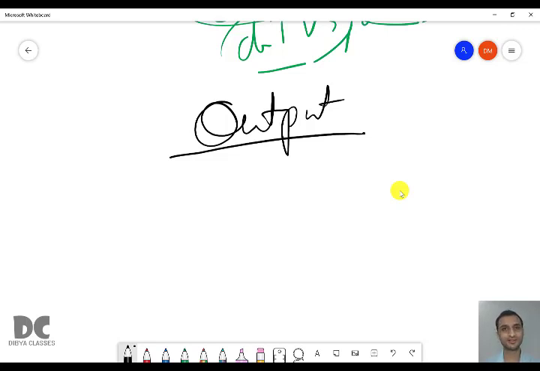Output seems easy. I think everybody knows how to do output in Java. You must have studied in the notes that we use System.out.print or println and it will print, but there is a lot of story behind it. So you have to understand this output, how to print and what the techniques are, very carefully. In the next video I will be explaining the topic of output.